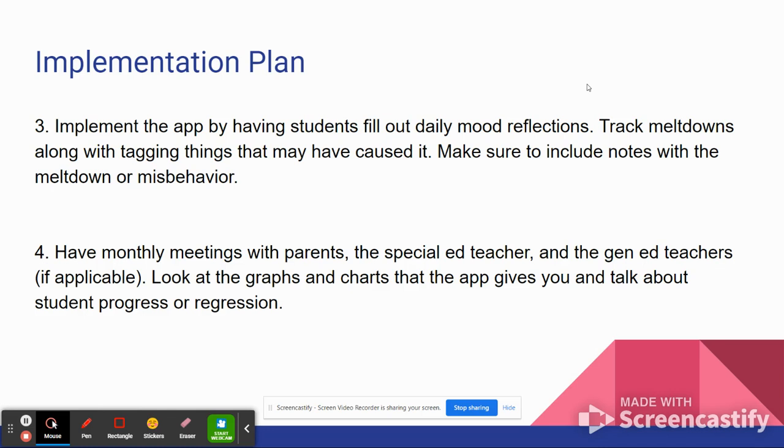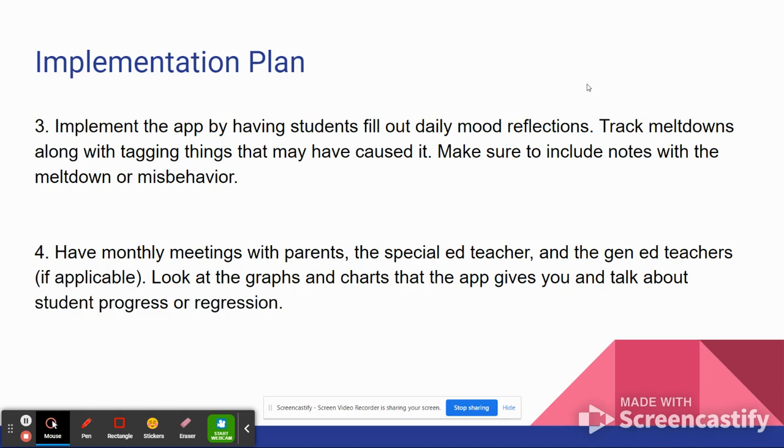If cognitively appropriate, you can have them do their diet, you can have them track their sleep, and then it comes down to tracking meltdowns and tracking all these other things. So tracking meltdowns would be the biggest thing for educators, but other things like maybe diet and sleep might need to be more done by the student or by the parents. So that's another thing about the app. Like I've said before, it's going to be most beneficial if parents are also involved in this process.